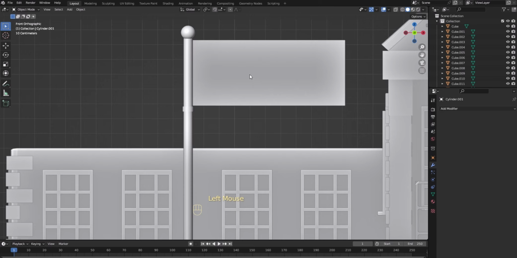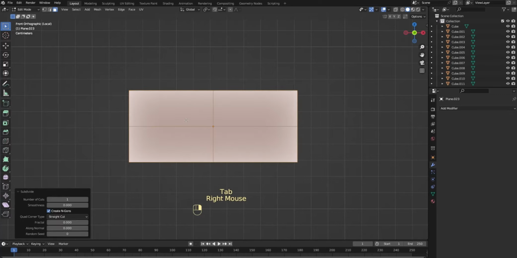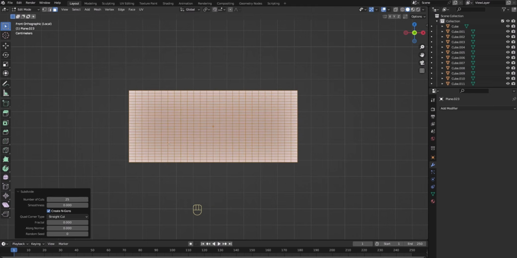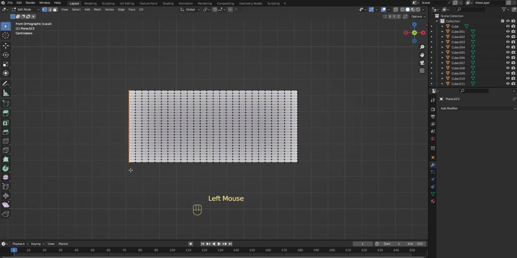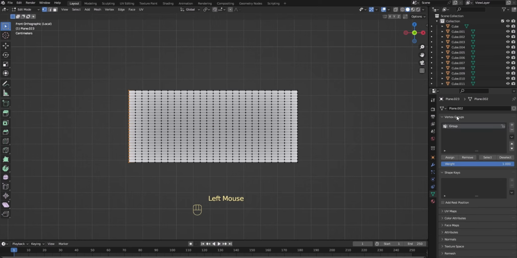Alright. So now select this, isolate this. Alright, so go to the edit mode, right click and subdivide. Let's give the number of cuts something like 25. Alright, then go to vertex selection mode, select the side vertices. Then click on the data property, click on this plus icon and add the vertex group. So we are going to type here flag,